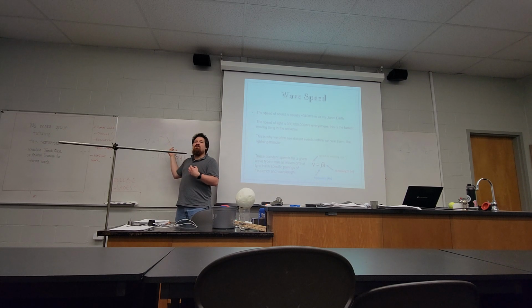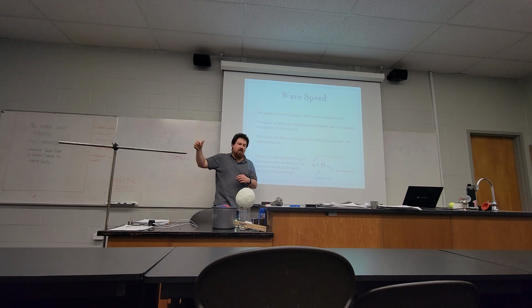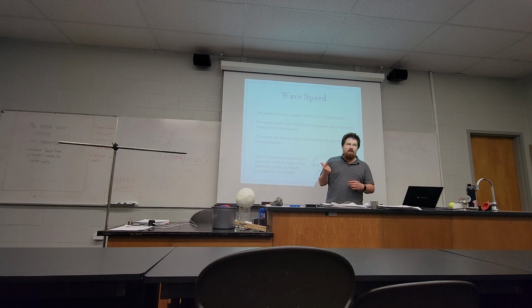I'd say in real life what happens more often is the speed of a wave is determined by the type of wave and what it is traveling through, and that then informs what its frequency and wavelength are going to be. We can use this to calculate what the wave speed must be, but wave speed is determined by factors outside of this formula. Wave speed is constant for a given type of wave traveling through a specific material.